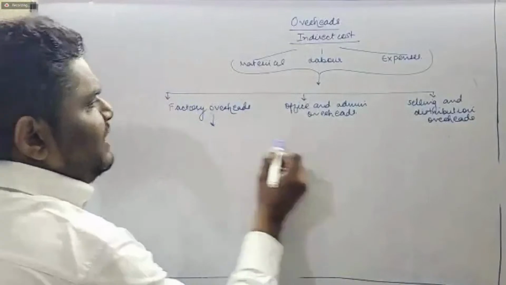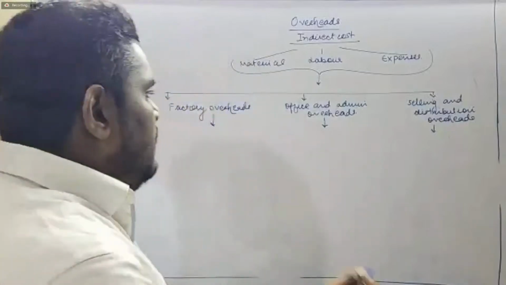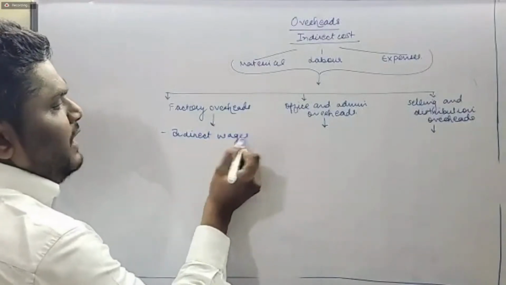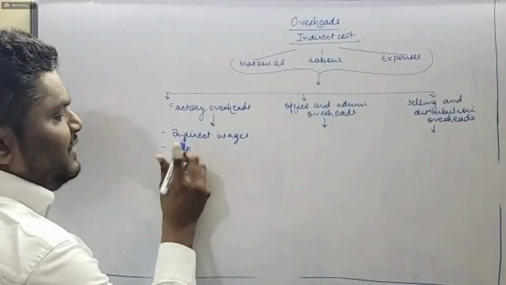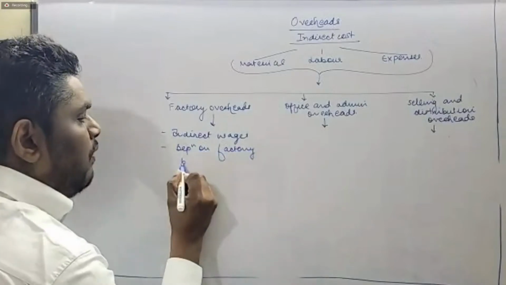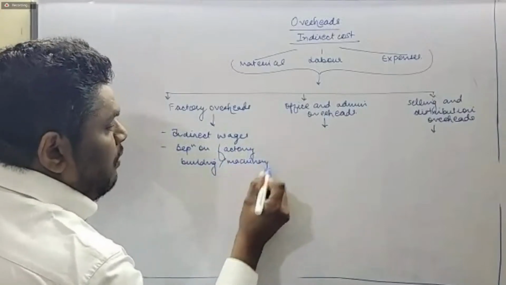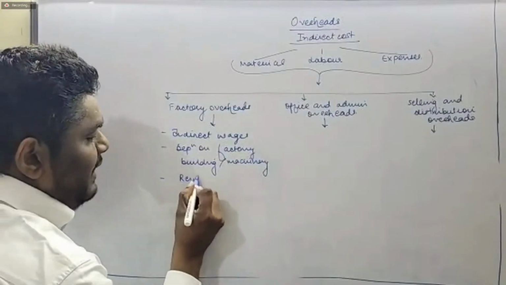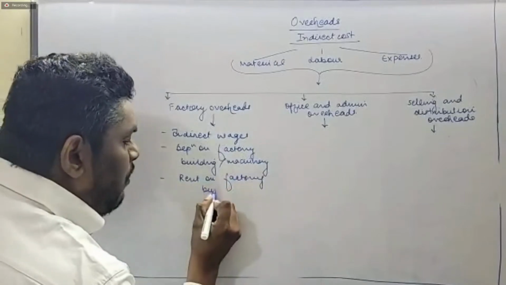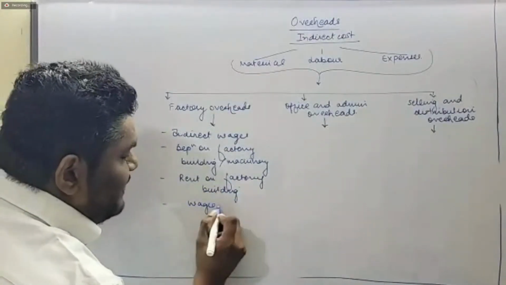Now let me give you a few illustrative lists of what is covered in factory overhead, office overhead, and selling and distribution overhead. If indirect wages is given, then it is generally covered in factory overhead. Thereafter, depreciation on factory building or machinery. Apart from this, rent on factory building, wages paid to supervisor,